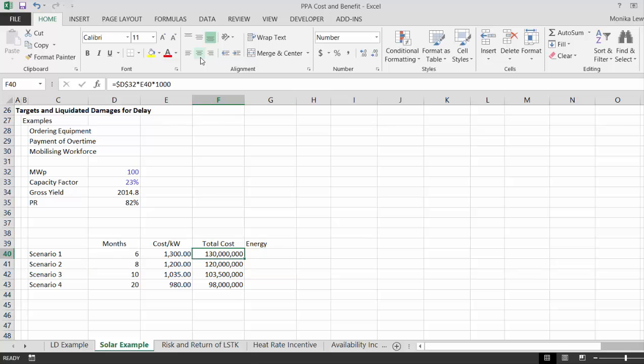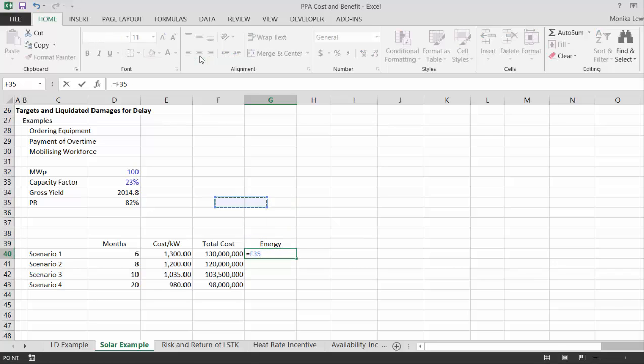Okay, and the energy is the gross yield reduced by, F4 times the performance ratio times the megawatts,